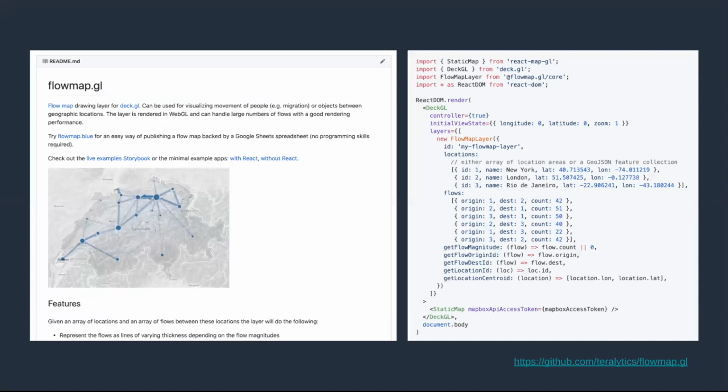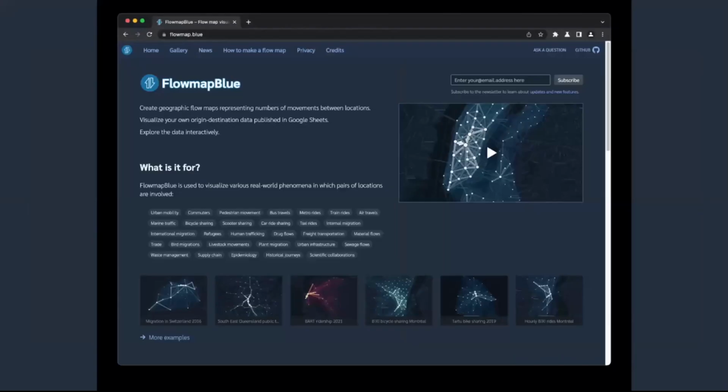After releasing it, I realized that the overlap between the people who are interested in mobility data and people who can code in JavaScript is not that big. So I developed a tool called FlowmapBlue, which people can use without any coding to visualize movement data as a flow map.